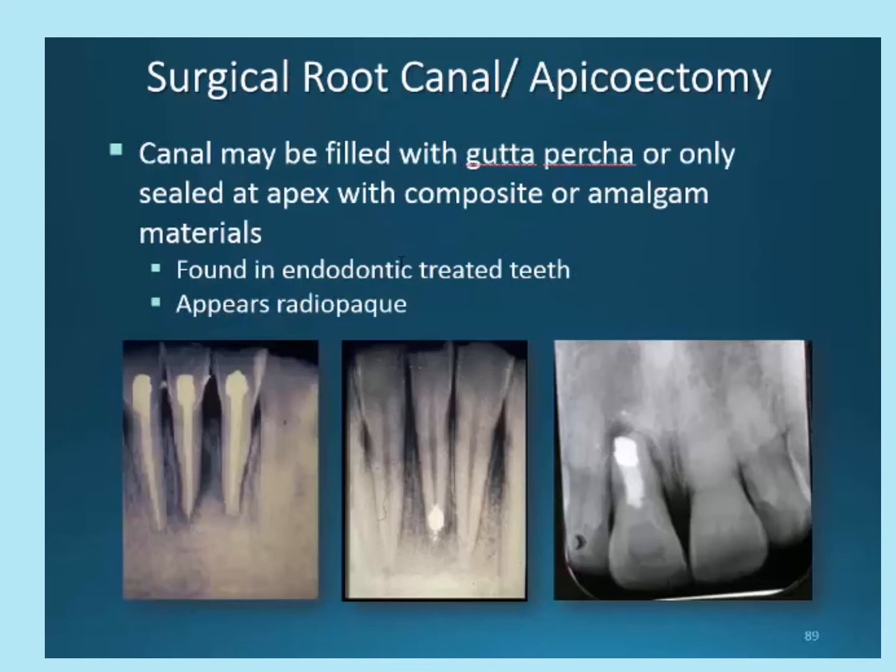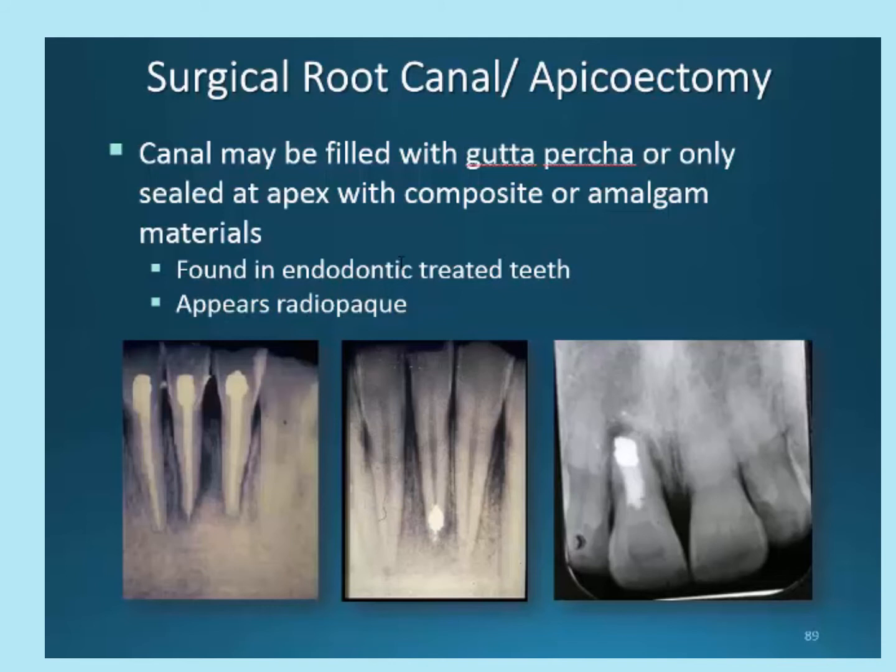Surgical root canals are typically done when there is no other better way to treat an abscess. For some reason, going through the coronal part of the tooth and placing the gutta percha is not the best choice. So the